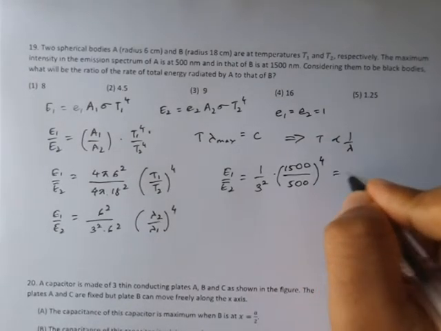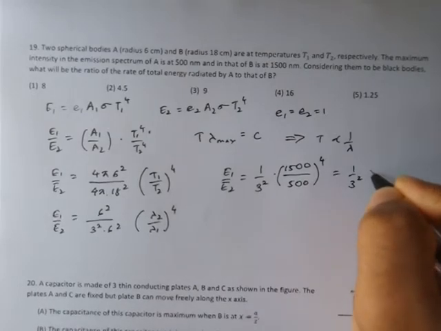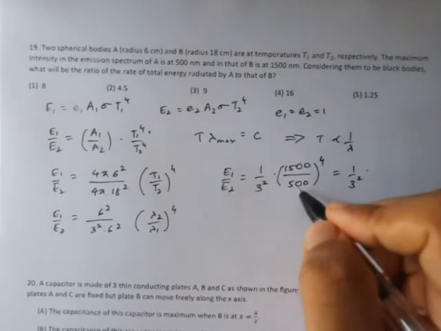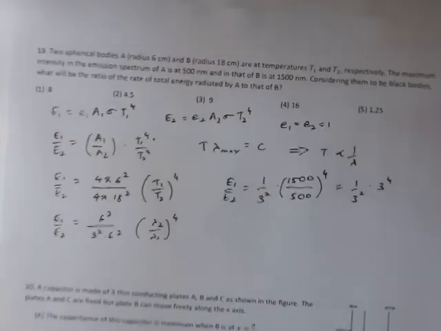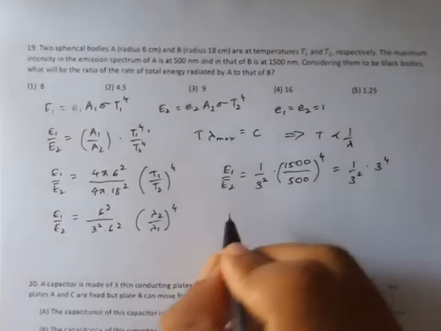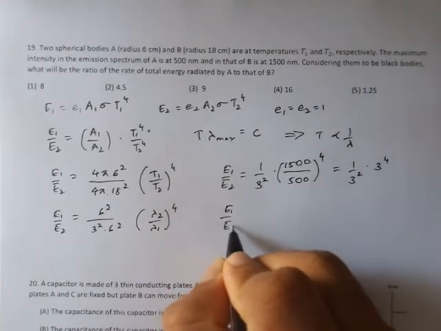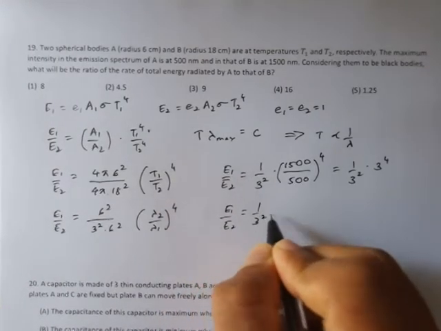So this equals 1 over 3 squared times 1500 divided by 500, that is 3, to the power 4. So we get E1 over E2 equals 1 over 3 squared